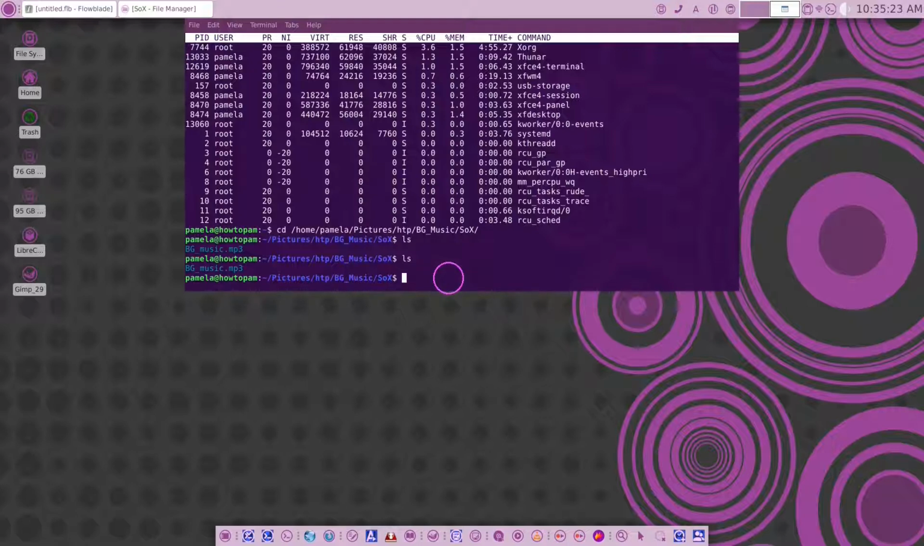So let's go ahead and say sox, and let's put in the input file, which is this one here, background-music.mp3, and the output file will be background-music-cropped.mp3. Okay, so now that we've got that, we're going to tell SoX to trim